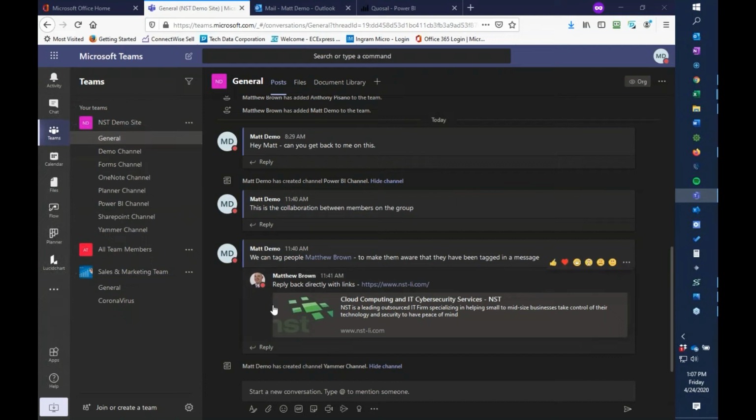What we see inside of Teams is collaborative, right? This is where you're focusing and working together collectively inside of your group. So inside of our demo group, we have a couple of channels: general, demo channel, forms channel, so on and so forth, and we're going to go through each one of these. We're going to stay in general for a second, because every time I send a message,